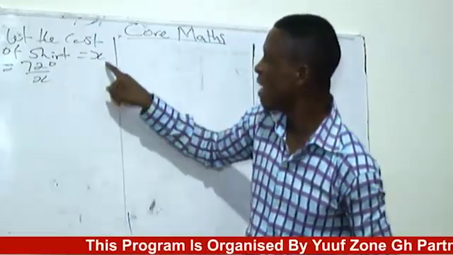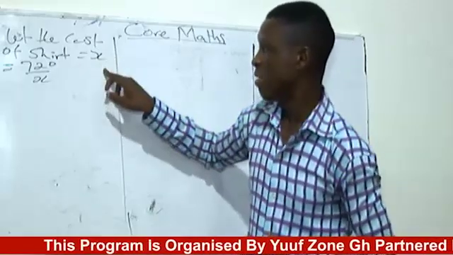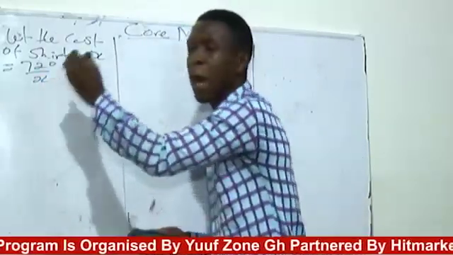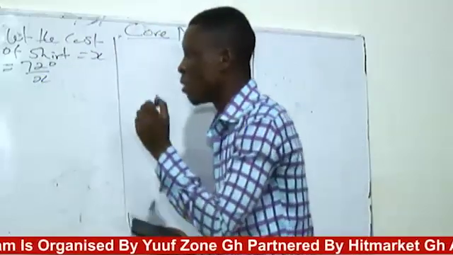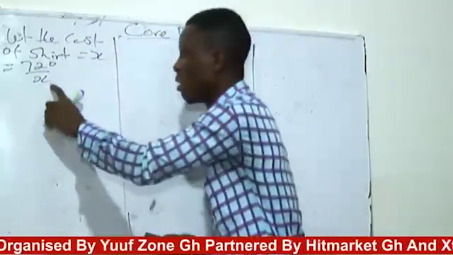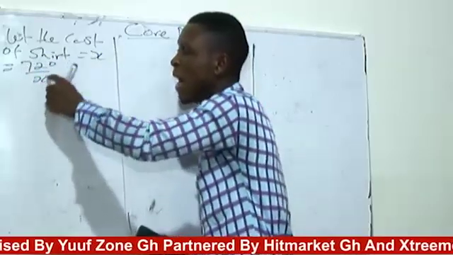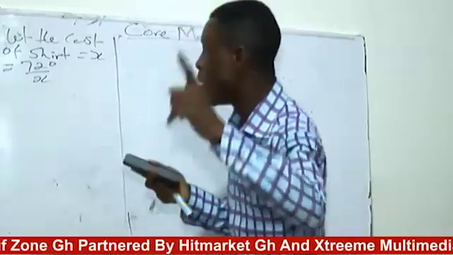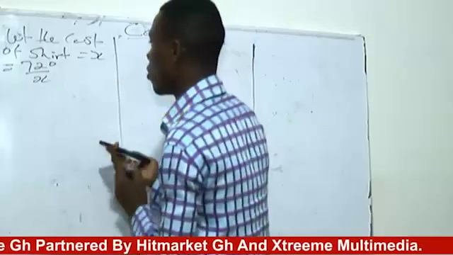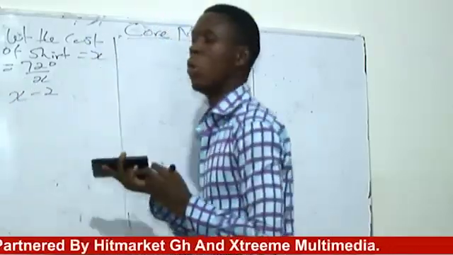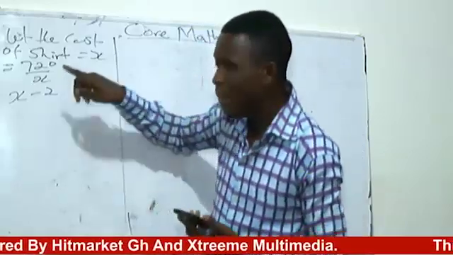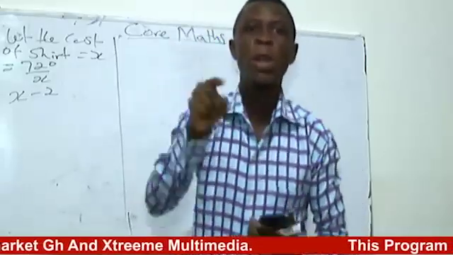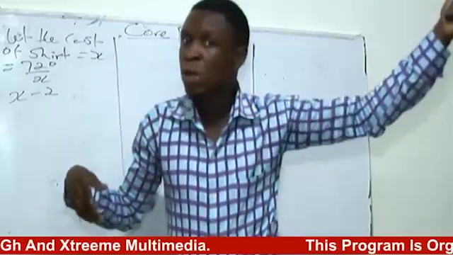Why is it over S? This is the cost of one shirt each. So the number of shirts that the 720 Ghana cedis can buy is what? We are going to divide 720 Ghana cedis by S. That will give you the number of shirts. Then from there, they say if it is 2 cedis cheaper. So we are going to look at the cost of that, and that is going to give us S minus 2. Why is it S minus 2? The cost of that particular footwear was the 32 Ghana cedis. Now they say it's 2 cedis cheaper. So when you take the 2 cedis from the 32 Ghana cedis, I'm making reference to the analogy we are drawing.